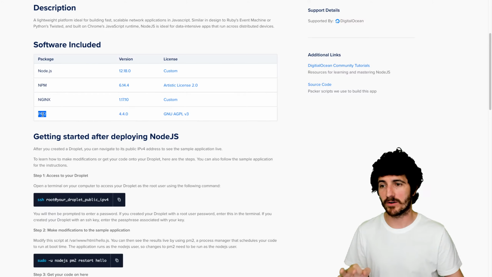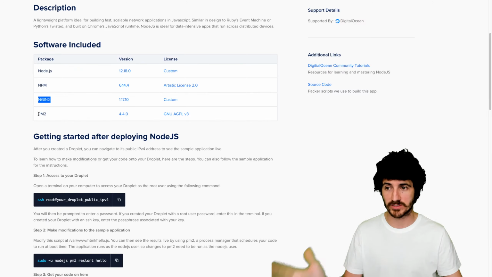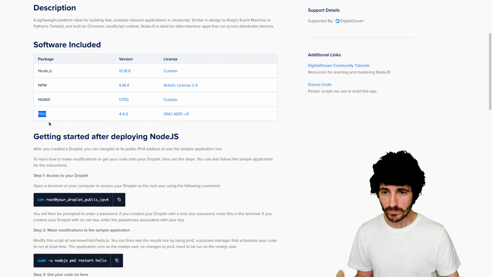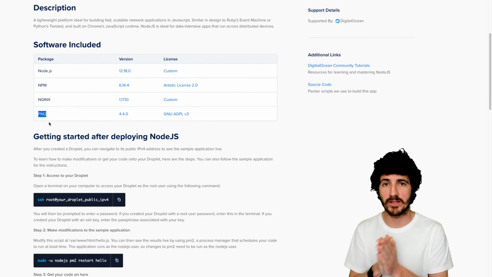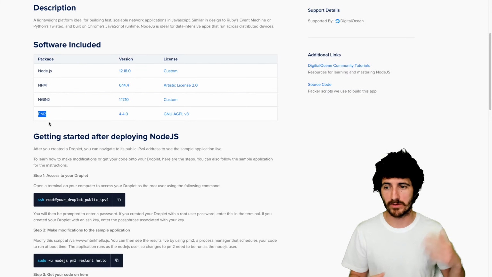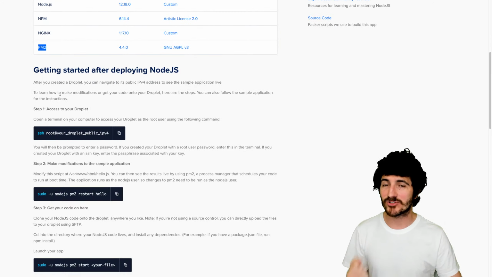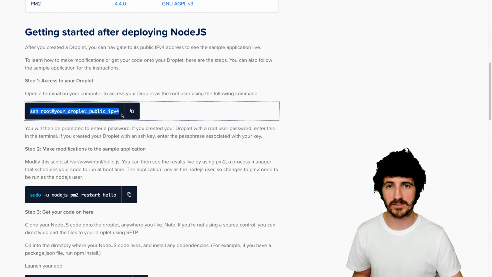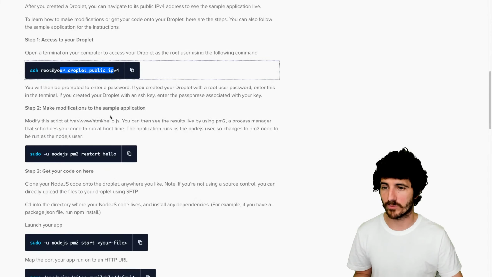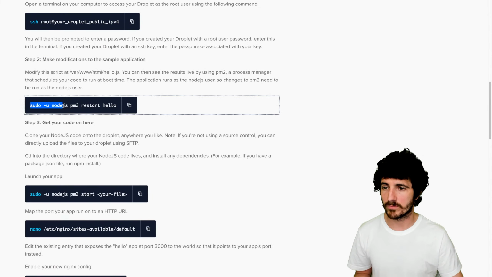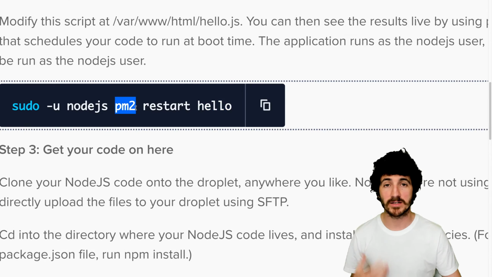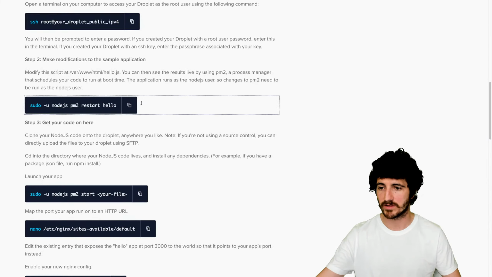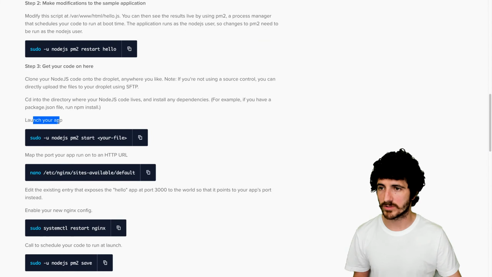And this is really crucial because it's not only Node.js and NPM, you also have Nginx, which is configured to serve websites with, for example, Express, and PM2, which is a tool to manage processes, not only JavaScript processes, but also TypeScript and Python and others. There are instructions here that let you know what you need to do to get started. So for instance, you will SSH, as we've been doing with our public IP version 4. And we will run pm2 restart hello. So there is an app in the project manager that has already been installed for us that we will restart. And then we launch our application, right?